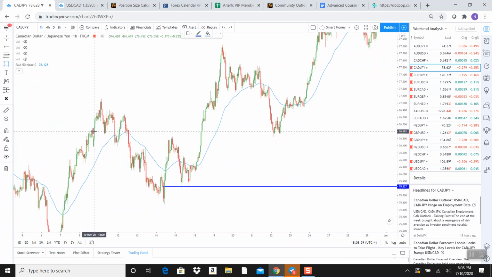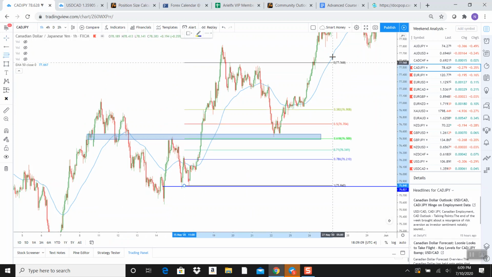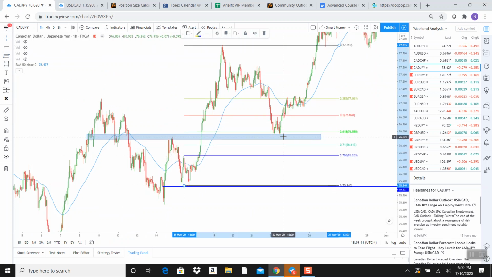Look at the zone, all right? Look at the zone. Support, a little bit of resistance, support, resistance, turns back into support. Pull your Fibonacci from the previous low to the new high, 61.8 in the zone. Perfect, enter right there. Yeah, your stop loss would have to be a little bit bigger than normal, but that's